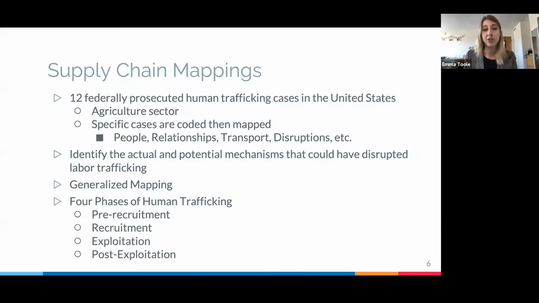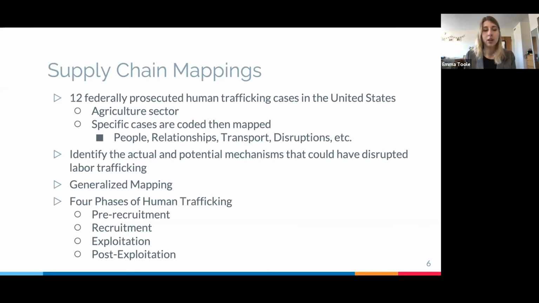Going into these supply chain mappings, we have been analyzing 12 federally prosecuted human trafficking cases within the United States that all relate to the agricultural sector. Some people on my team first start out by coding facts of the case into a data format, such as analyzing the people, relationships, transportation, and potential and actual disruptions within the case. Then, once they have finished coding the case, I'm able to analyze the data and work to